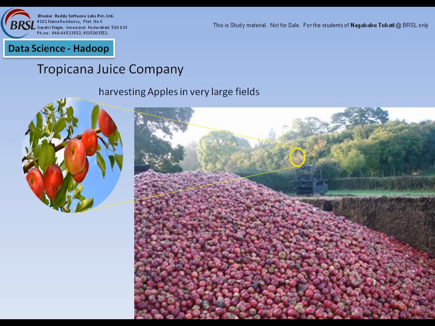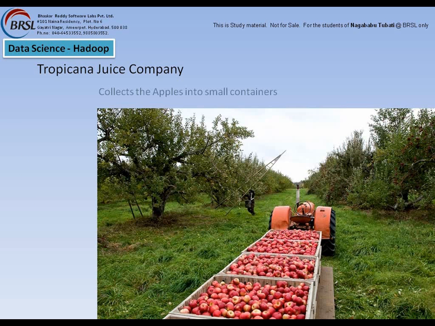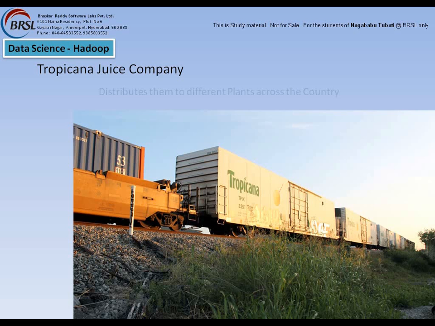Now, in order to make the juice, it is not possible to transport this entire pile of apples as it is. So, it is dividing the large pile of apples into small containers. It is collecting the apples into small containers for easy distribution. And it is distributing them to different plants across the country where the juice can be produced and delivered to